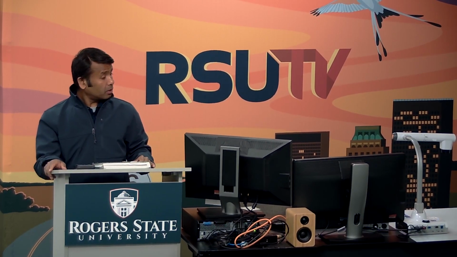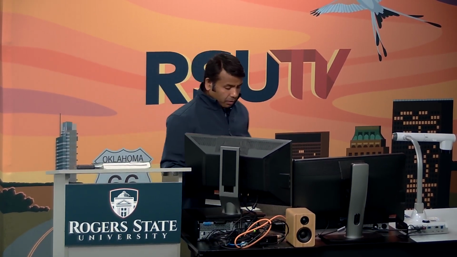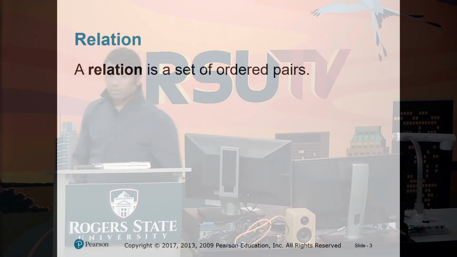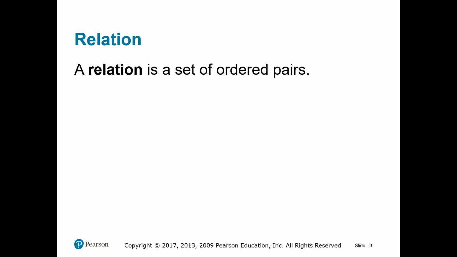Good morning, guys. So let me review from the last class. I think we discussed the function, right? And we also talked about relation. So a relation is a set of ordered pairs. We did that, right? And a function is a relation in which for each distinct value of the first component,